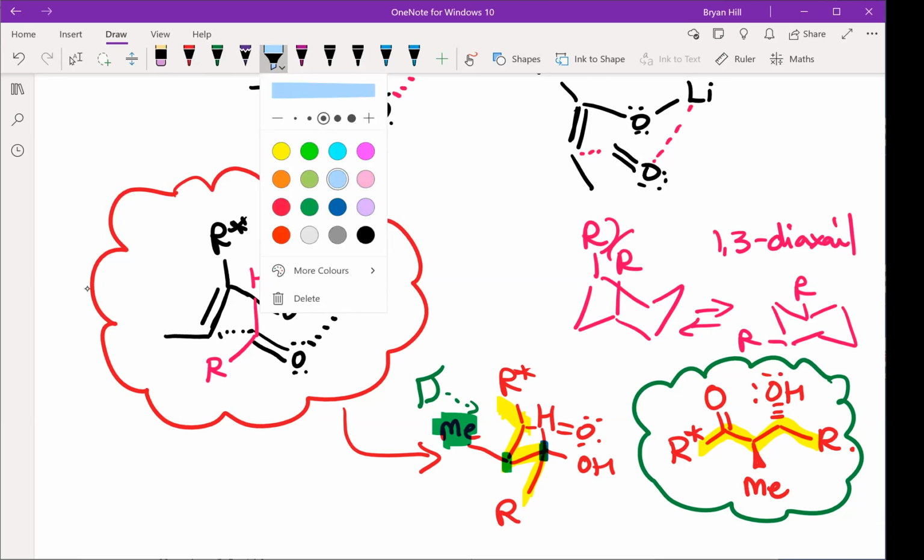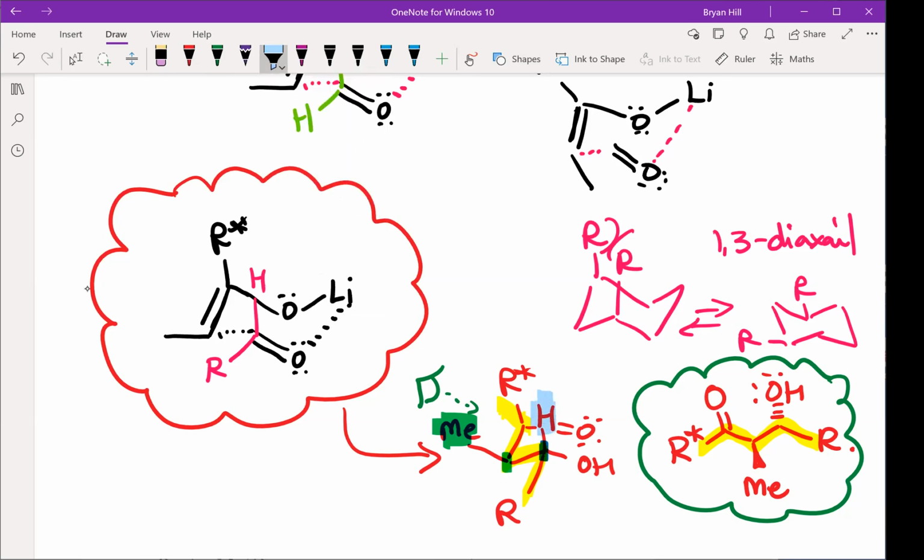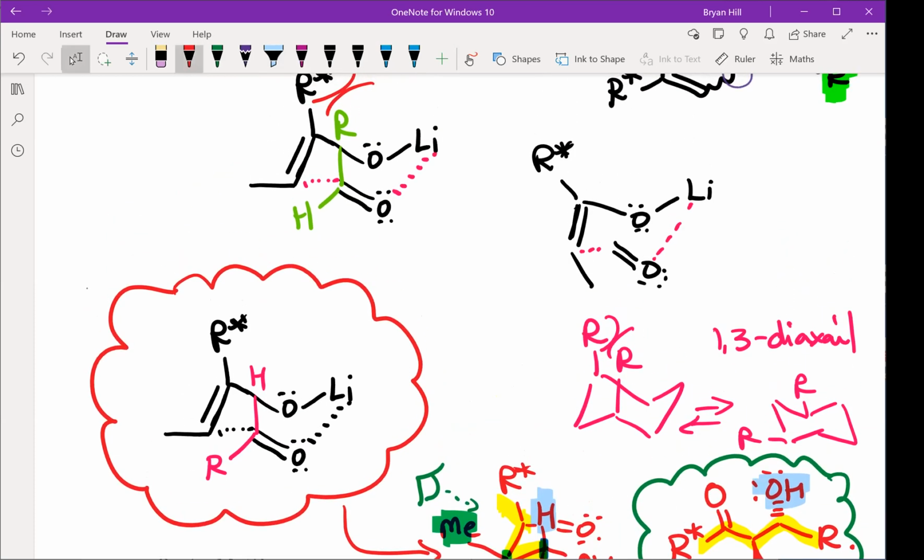This H is pointing towards us because the OH is pointing on the opposite side. It's way over here, right? So the methyl group's forward and the OH group is behind. Now, if we were to do the same, we're gonna run out of time, but if you draw the same chair for here,